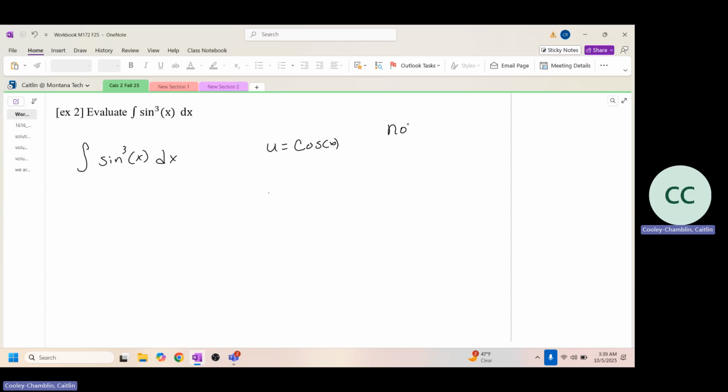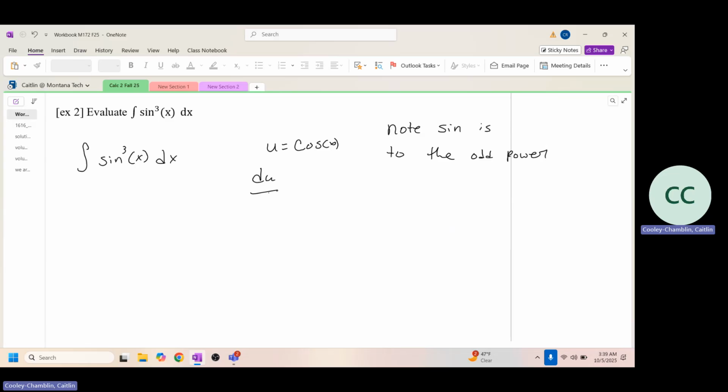Note that sine is to the odd power. When we have a function to the odd power, we typically choose the other function to be our u. And the reason this is really nifty: